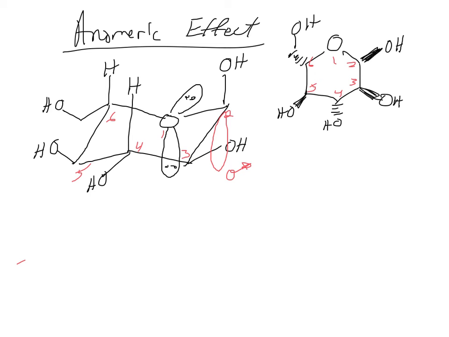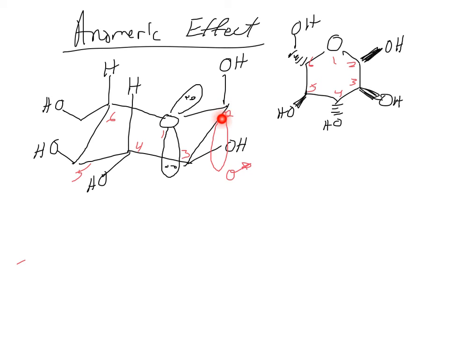So the question is, what's worse or what's better? How bad is this diaxial interaction versus how stabilizing is this interaction? So this must be stabilizing enough that the cost of having it axial is worth it. And it doesn't take a rocket scientist to take this for another step. What we just did, if these electrons can fully go in here, this can leave, and we formed an oxocarbenium ion, which is a good place for